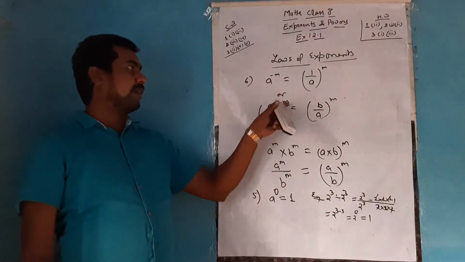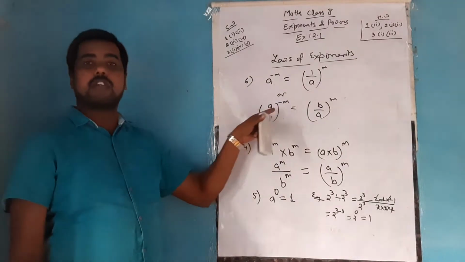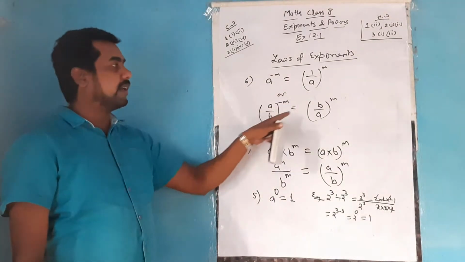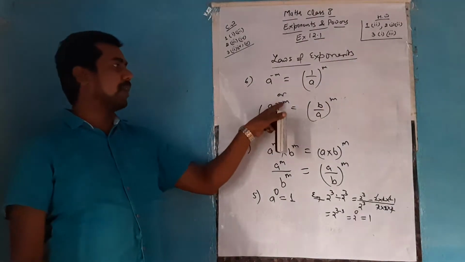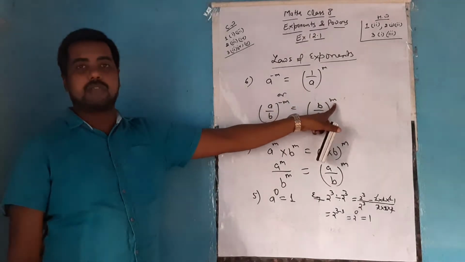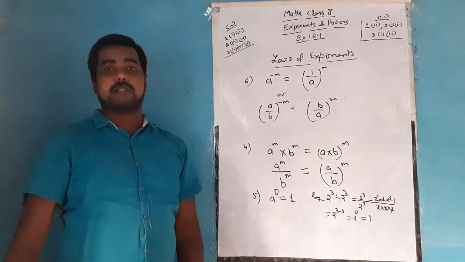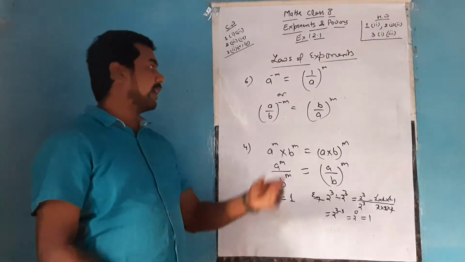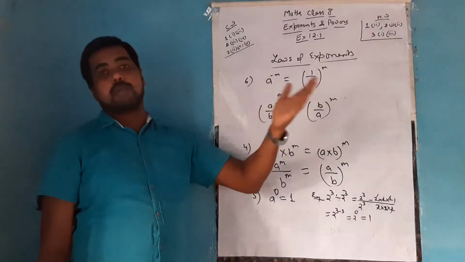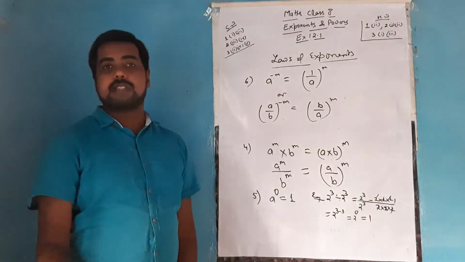Always remember, whenever you are having a negative power, you need to make the reciprocal of the base, and this power will automatically become positive. So whenever you get any power in negative, first make the reciprocal. If the sign of negative power is there in the numerator, put the base in the denominator along with the same power.